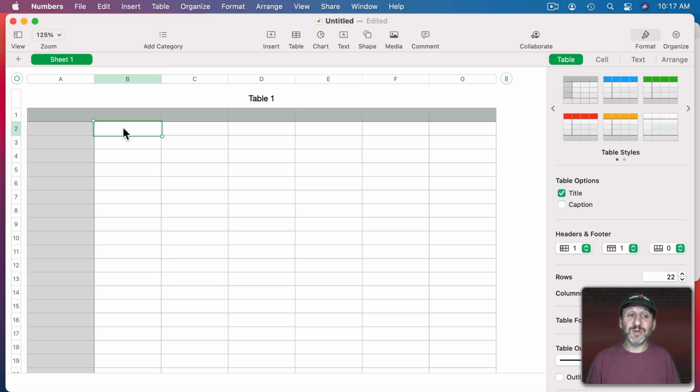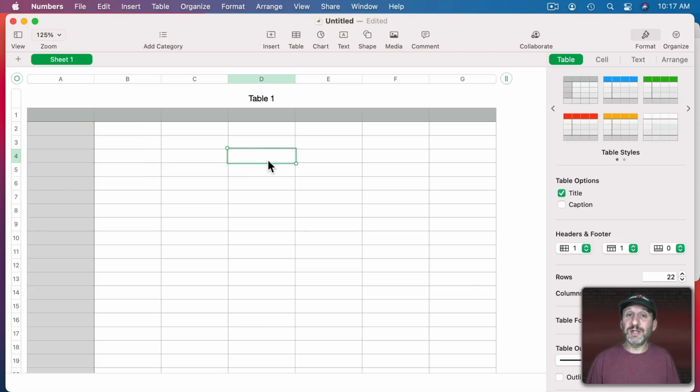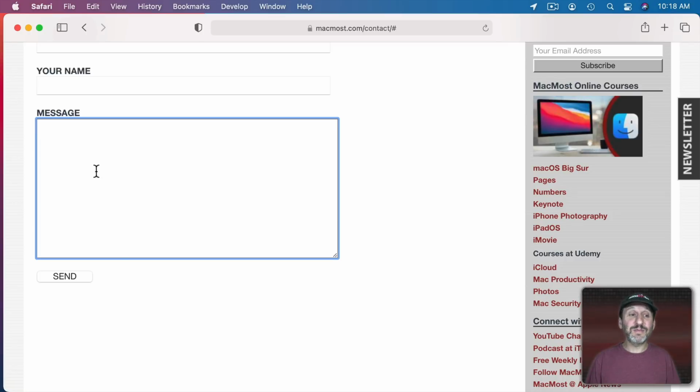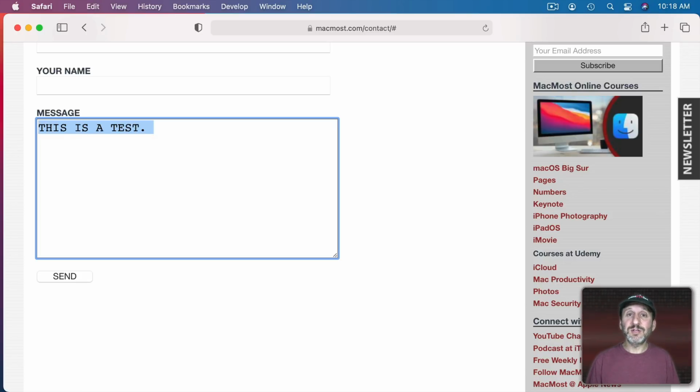It even works in Numbers. You would expect it to work while you're typing inside of a cell like that, but I was surprised to find all you need to do is select a cell and then you could actually use it like that and it knows to insert that as text. Even in Safari inside of a text box there. So here we go. Like that. I can select it all. Control Shift U. These all work in there.